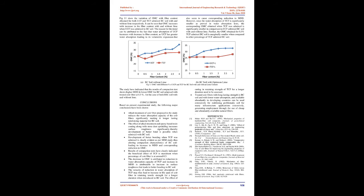Fig 10 shows the comparative variation of MDD with fiber content obtained for both UCF and TCF admixed BC soil with and without lime respectively. It can be seen that the MDD decreases with increasing percentage of untreated coir fibers for BC soil with and without lime. This is attributed to the fact that increasing volume of low-density coir fiber decreases the density of the compacted soil, in addition to causing disintegration of soil particles with the addition of the coir, especially in lime-treated BC soil. However, it was observed that there is a marginal increase in MDD obtained for BC soil admixed